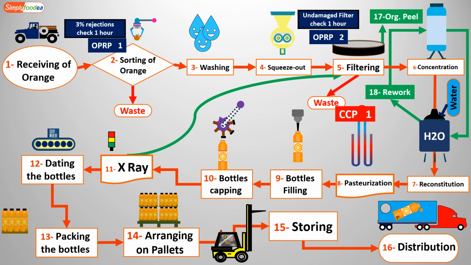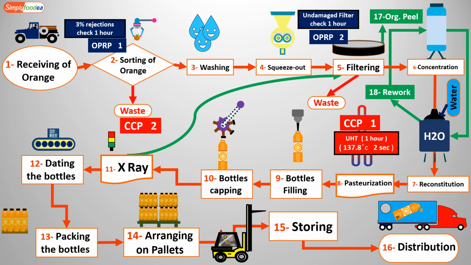The CCP1 will be pasteurization, for example, ultra high temperature, 137.8 Celsius for 2 seconds. For example, checking also each hour or each 2 hours, whatever you want. The CCP2 will be, for example, the X-ray, with 0 rejections, and check each 2 hours. So these are all the critical limits, and finally to be stamped, for example, updated at this date